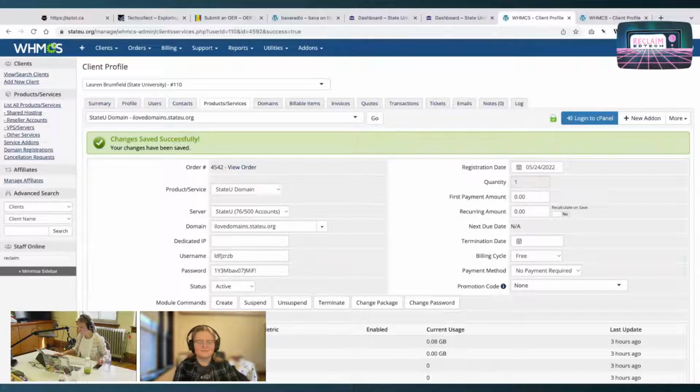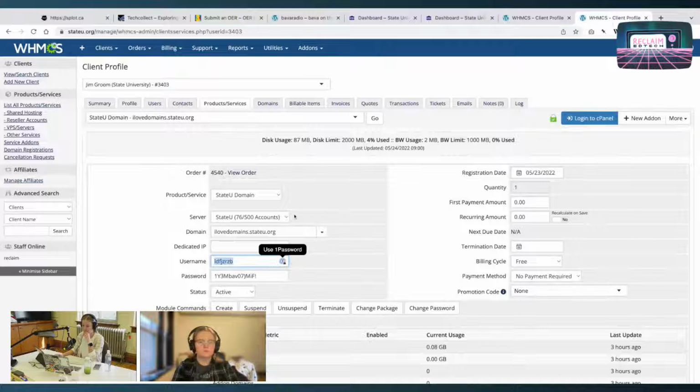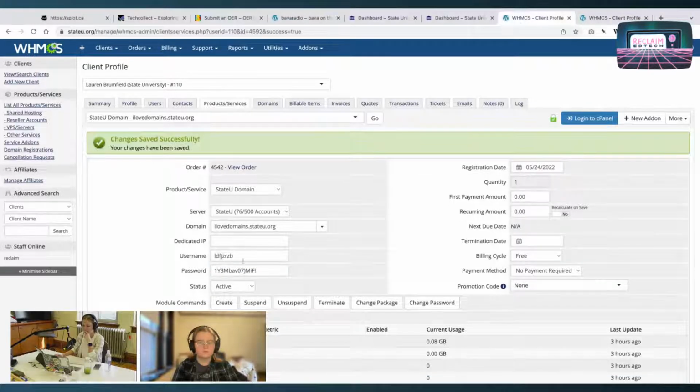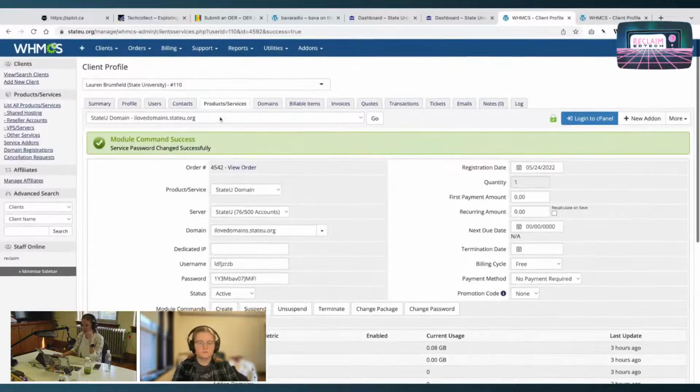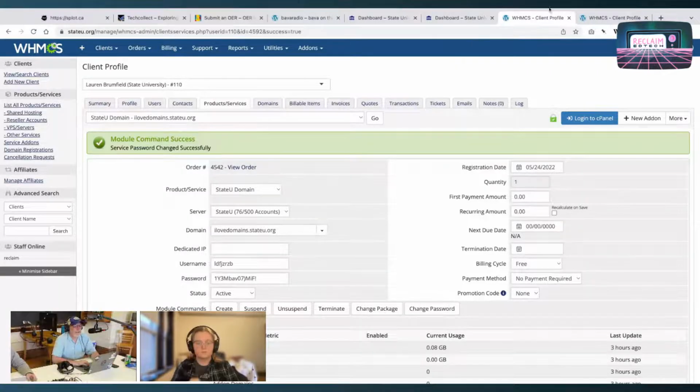I changed the username and password to be the same as the original account in Lauren's account. So the one in mine has the same username, password, and domain. I'm going to now sync the account by clicking change password. It will say changed successfully. Boom. And then when I go into State U, I should be able to mask as Lauren or myself and see